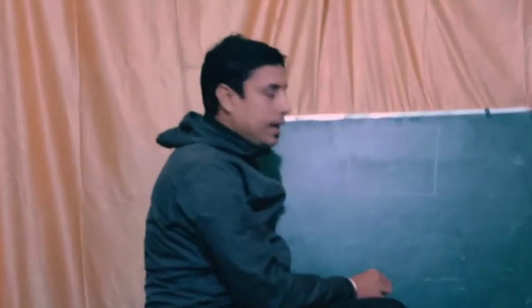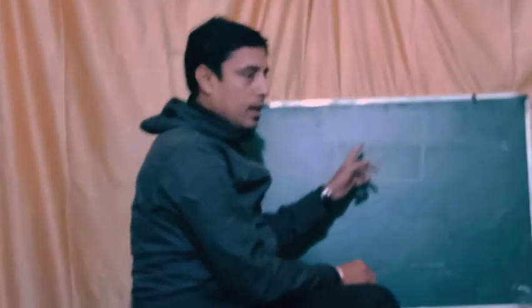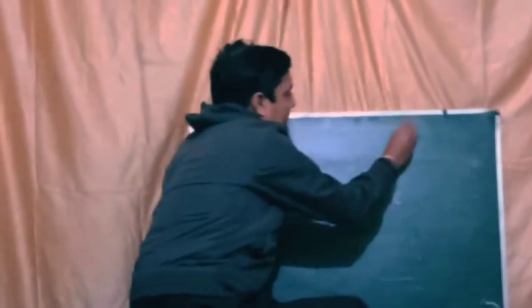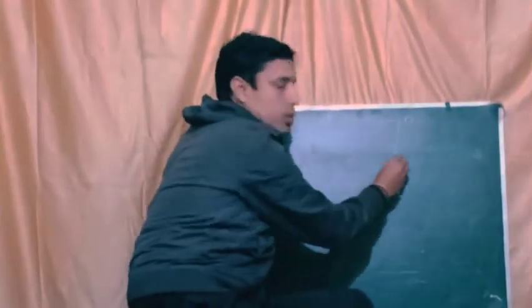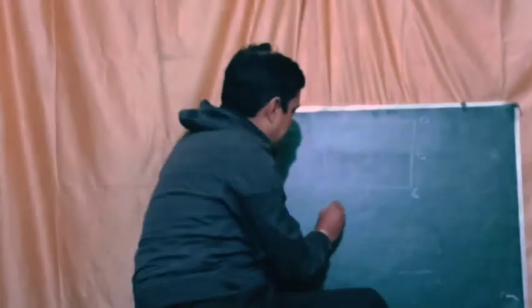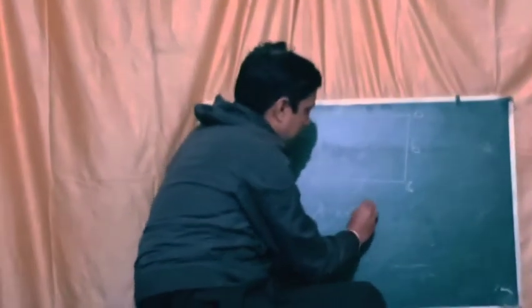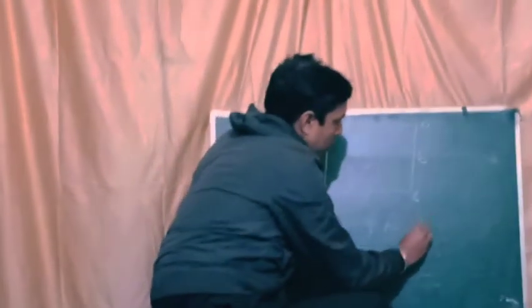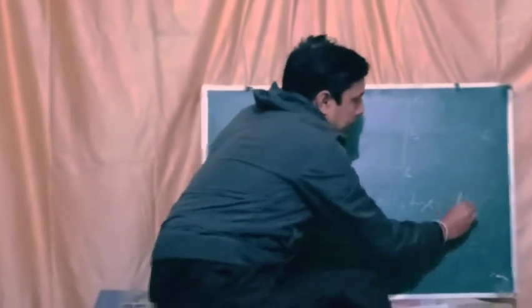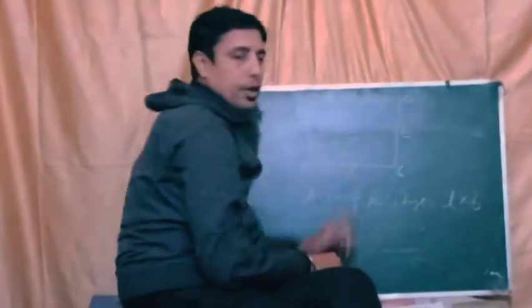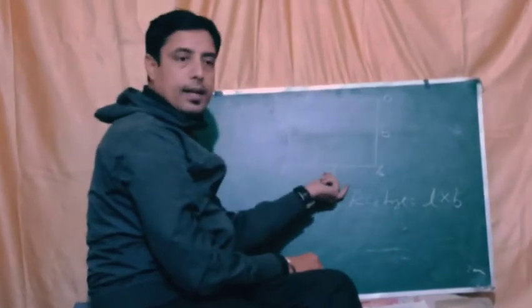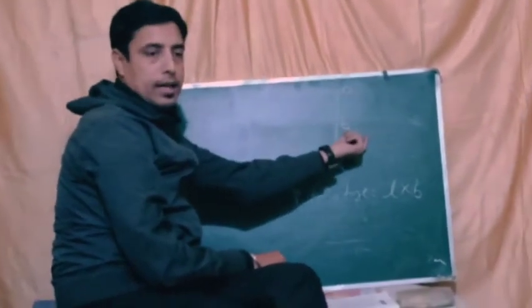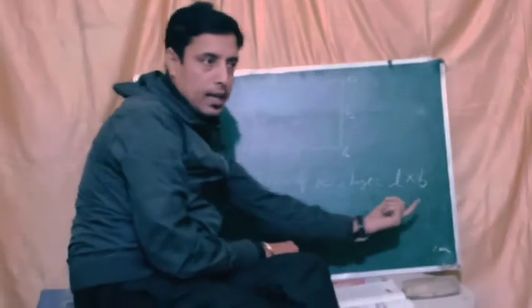rectangle. In quadrilateral, the first one is rectangle. I have already told the definition of the rectangle, but here suppose ABCD is a rectangle. So this would be the length, this would be the breadth. So the area of a rectangle is equal to length into breadth, L into B. Suppose this is 3 centimeter, this is 4 centimeter. So the area would be 12 centimeters square.